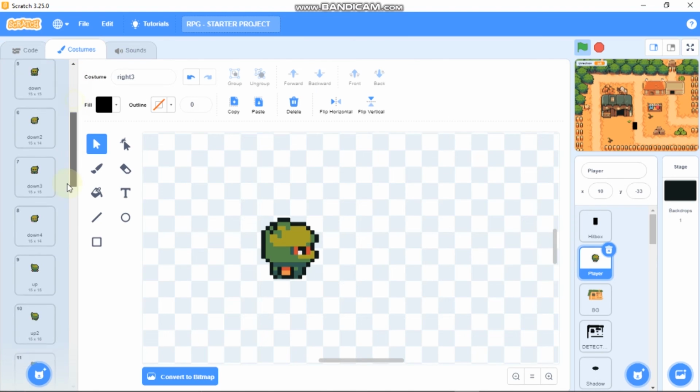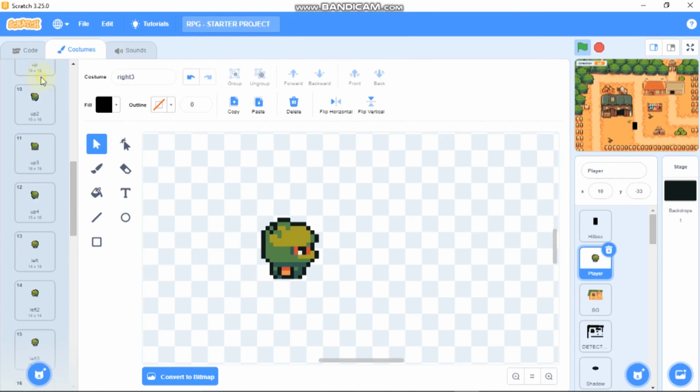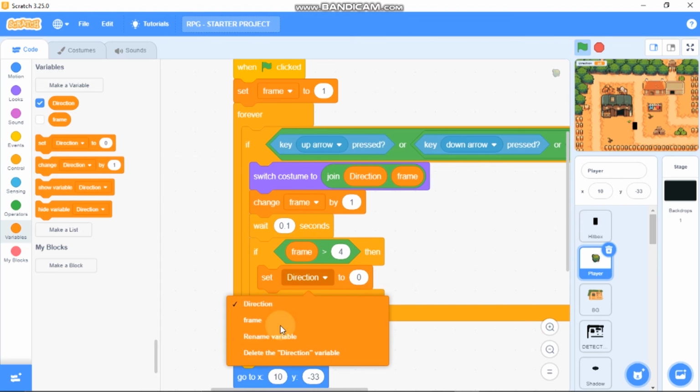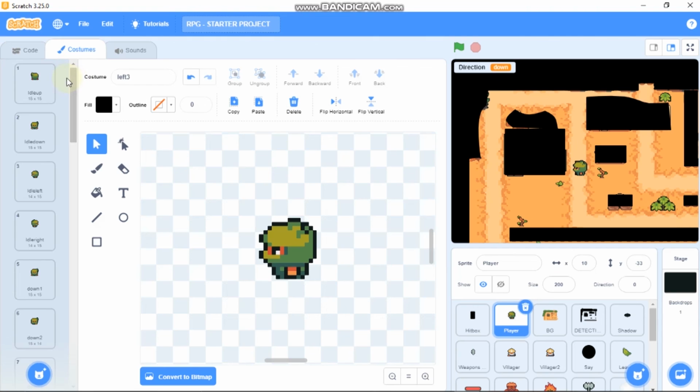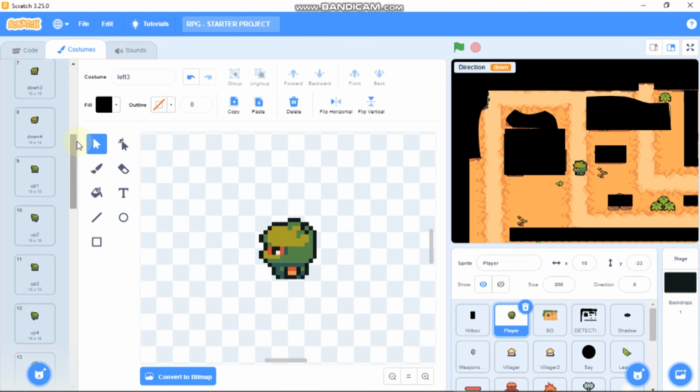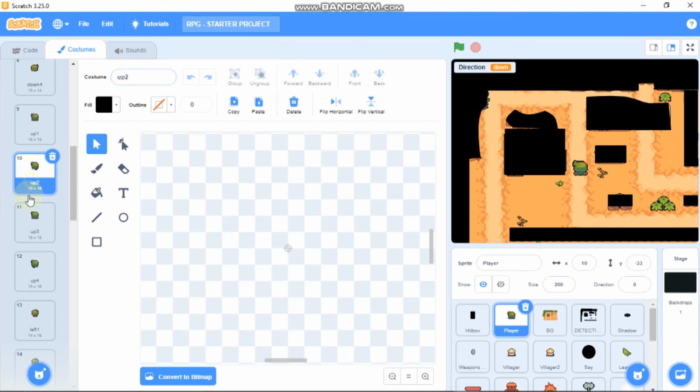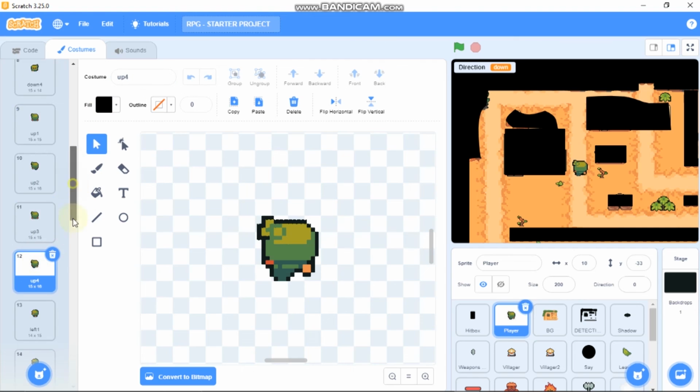You can see our maximum number of walking animation frames is 4, and then we need to set frame to 1. So your code won't work if you have not done the renaming properly. So you got 4 costumes, first the direction, then the number, so up 1, up 2, up 3 and up 4 and so on.